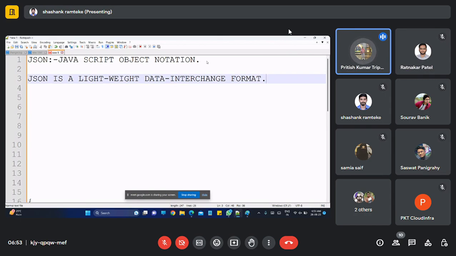Interchangeable means one resource is the communicator, and the other one is the receiver. So there is a data exchange.